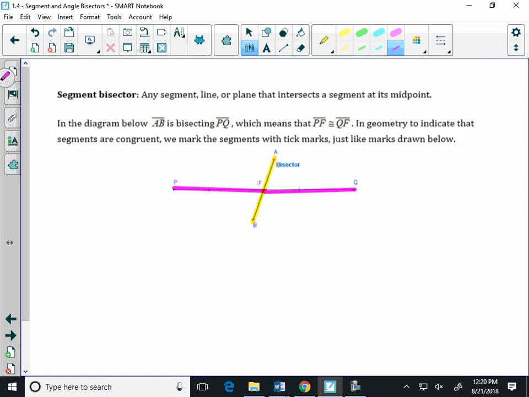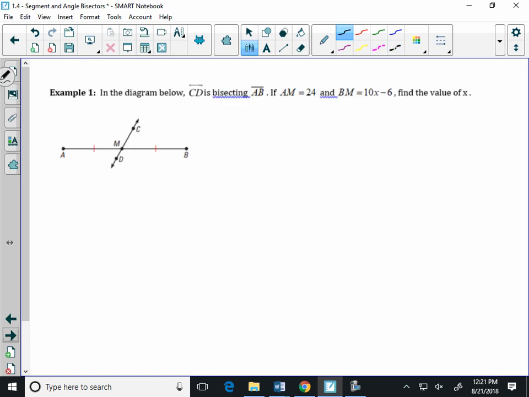One really important thing to know in geometry, to indicate that segments are the same, you're going to see this a ton, is we put little tick marks on the lines. So to indicate that those segments are the same, we just put a tick mark. If segments have the same number of tick marks, then they're the same. If they have a different number of tick marks, then they're different. Okay? So if we take a look at this first example, okay, it says in the diagram below, CD is